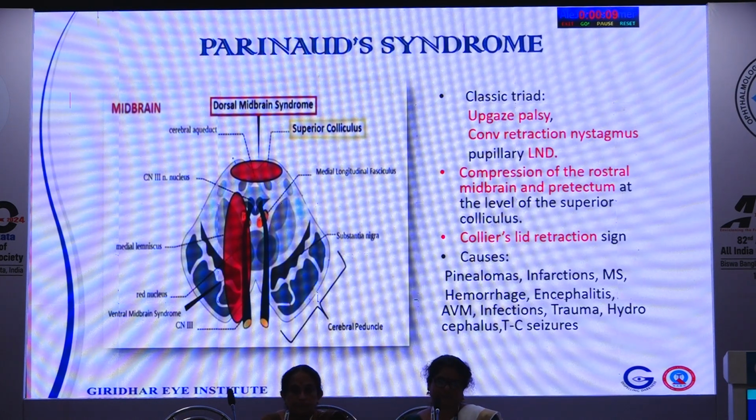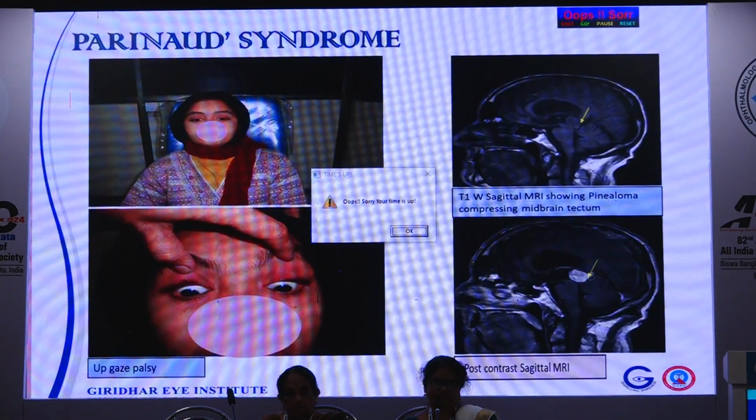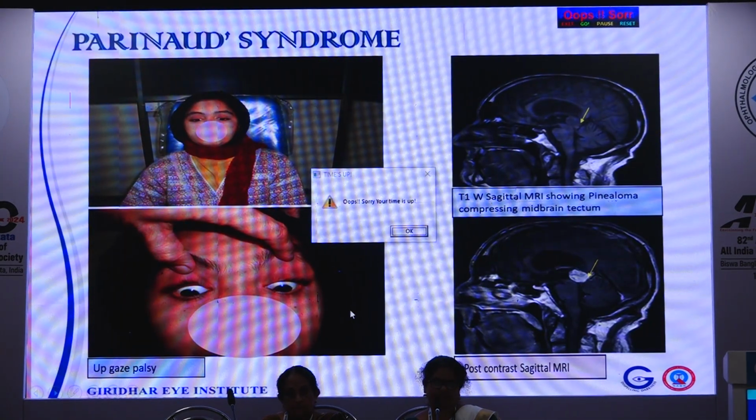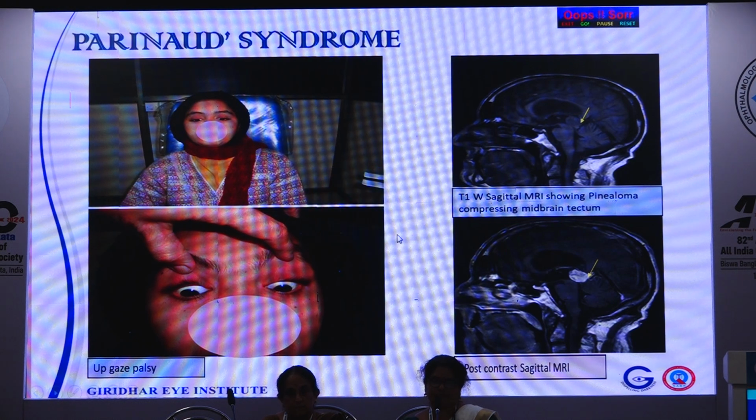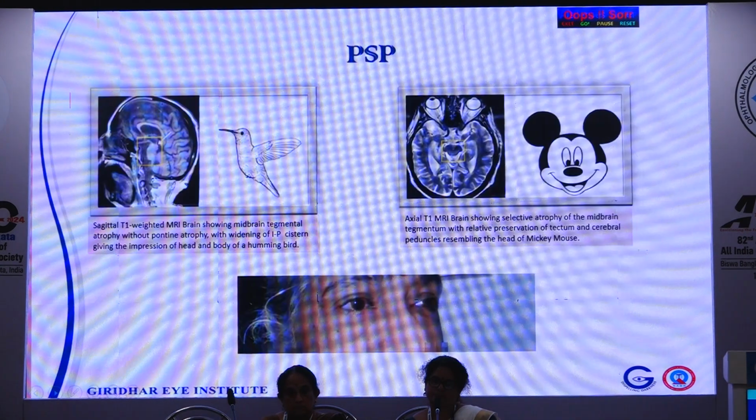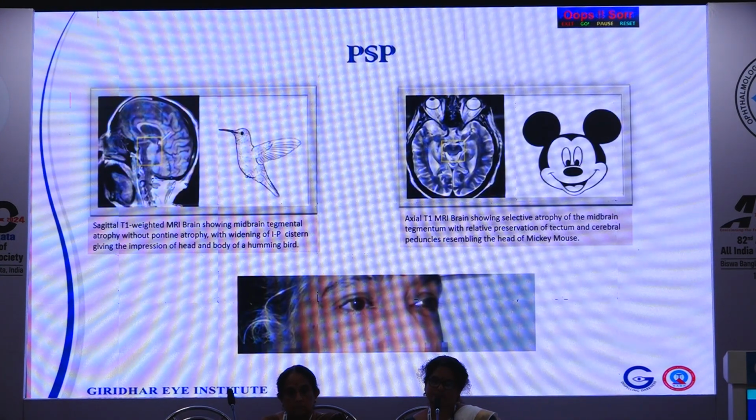And this is all because of loss of inhibitory control of this third nerve nuclei, which is present at the level of the dorsal midbrain. And here you can see, just take a minute, that this patient is not able to look up. She has upgaze palsy from hydrocephalus, and PSP is another condition which comes to you,